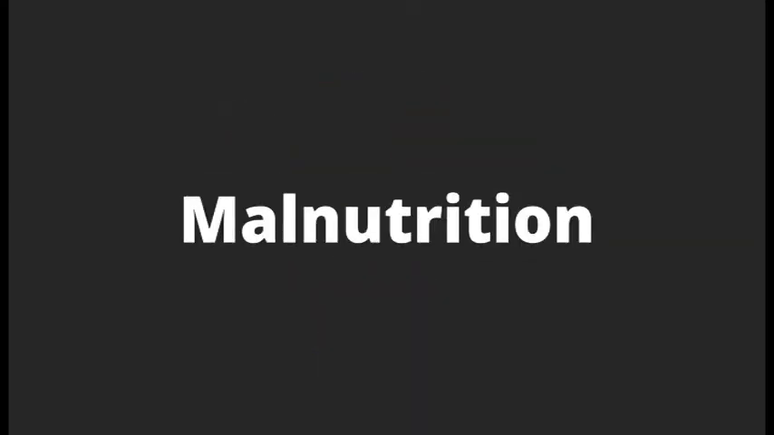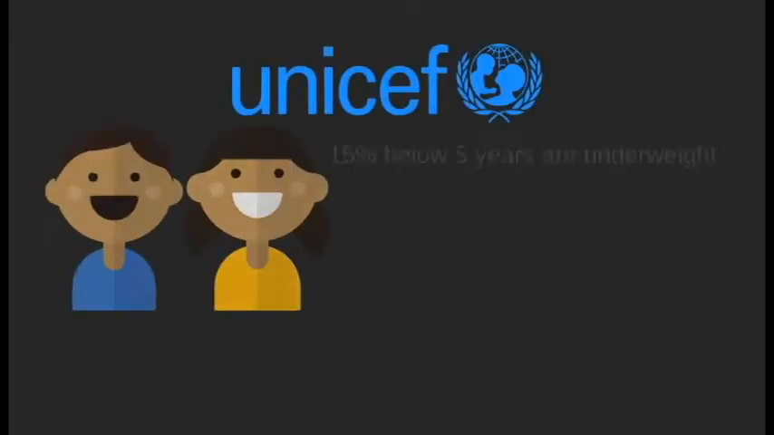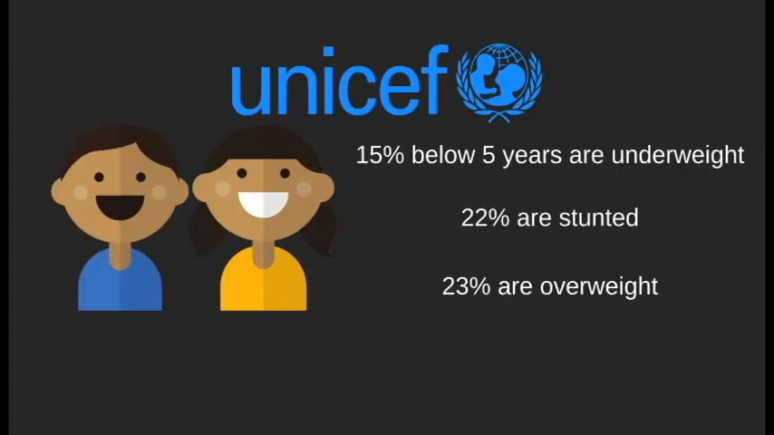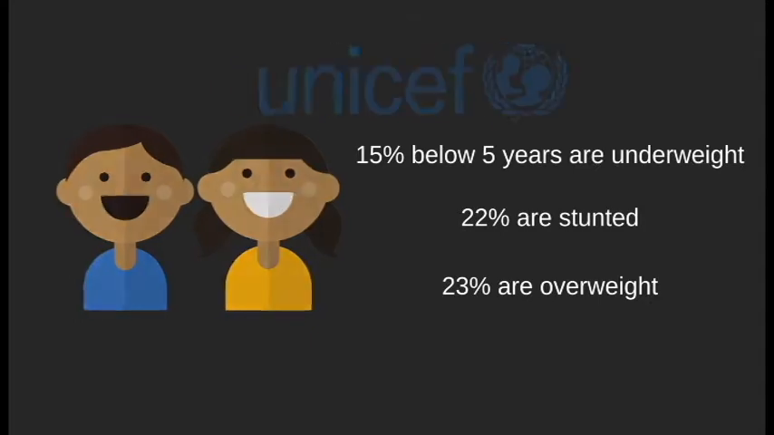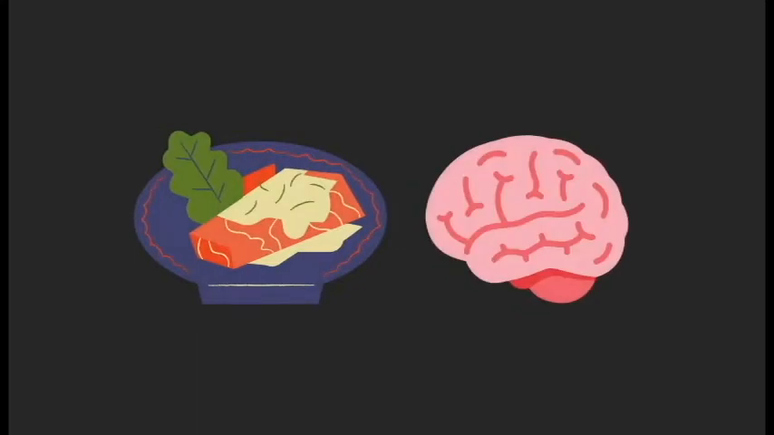Poverty and malnutrition issues are an inevitable thing. A study by UNICEF revealed that 15% of the children below age 5 are underweight, while 22% of the children are stunted and 23% of the children are overweight. This makes them more vulnerable to malnourishment and potentially damaging cognitive development because they are unable to access necessities including